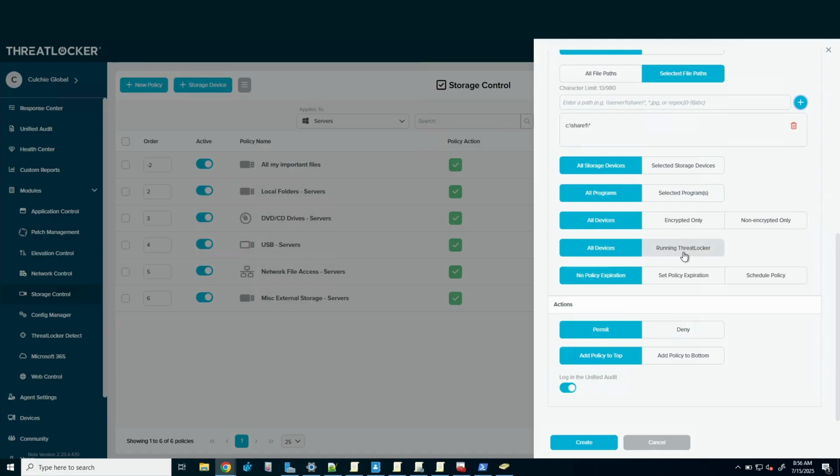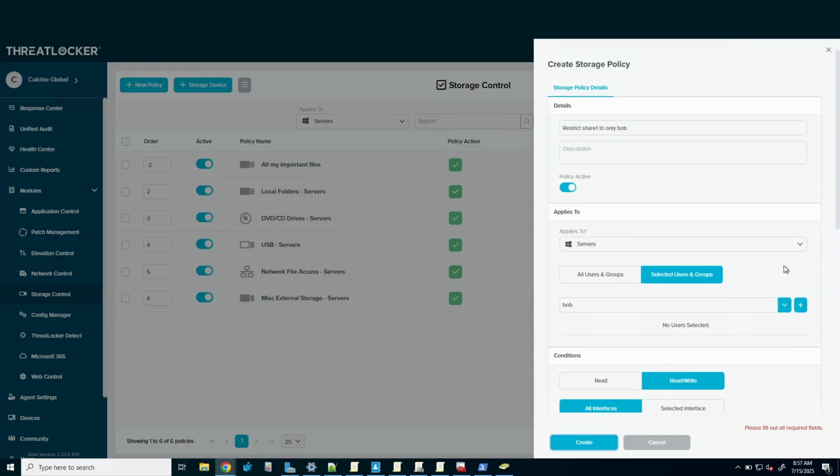There is a feature here. I thought this had been hidden. I don't like it. This from the server side will make sure that they're running ThreatLocker service.exe. It's a Microsoft feature. It's part of SMB. It basically checks that ThreatLocker service.exe is running. It doesn't check that it's not restricted. It's a little bit of a thing. It's also buggy, and it's not ThreatLocker side that's buggy. We're just requesting the information from Windows APIs. So I don't particularly care for this, but what I will say, what did I miss?